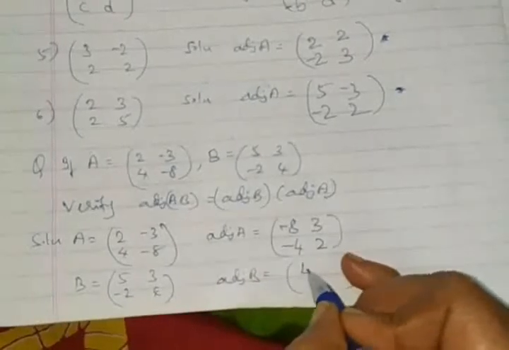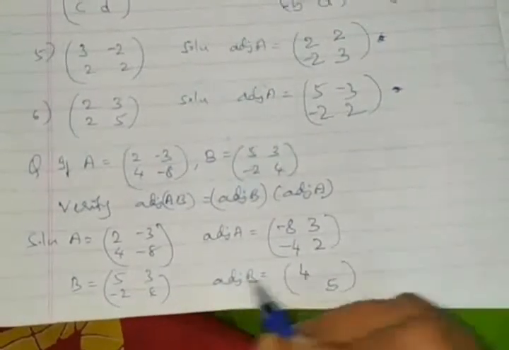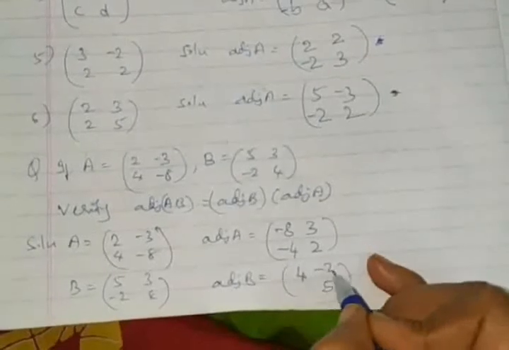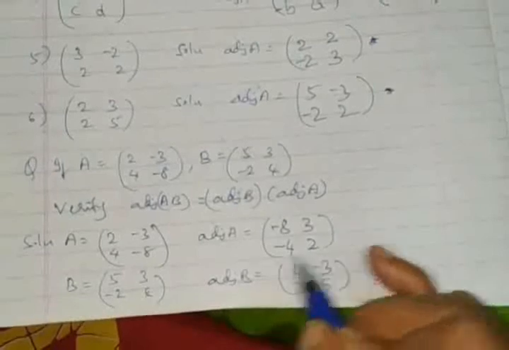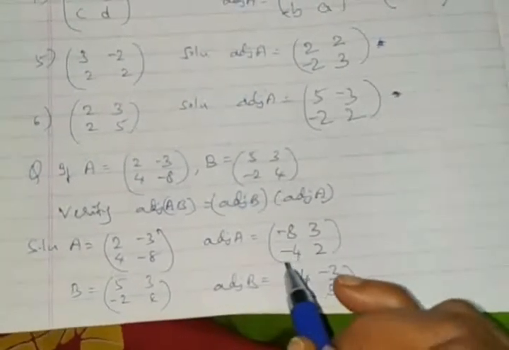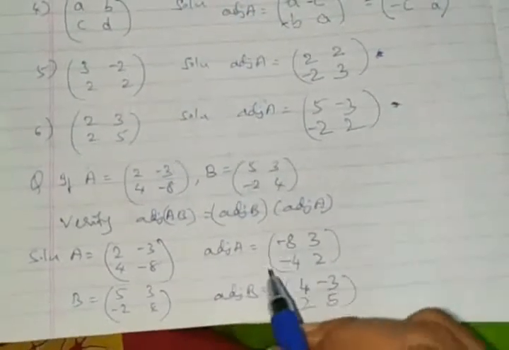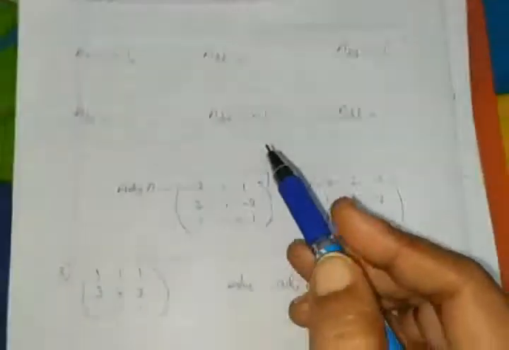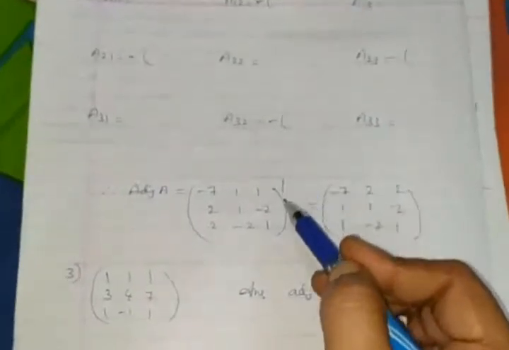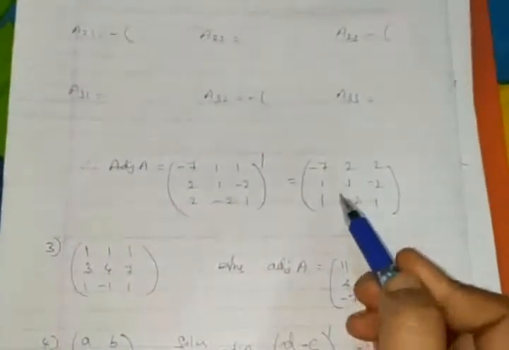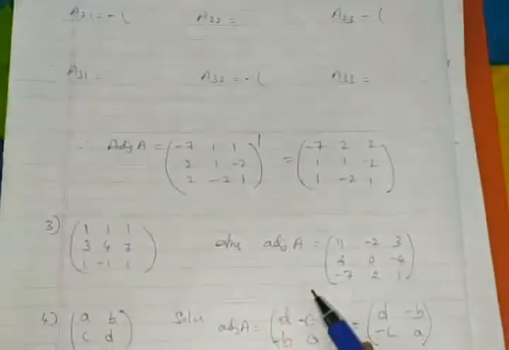For B, reverse the principal diagonal elements. This is 4, this is 5. Plus 3, sign change, minus 3. Minus 2, sign change, it is plus 2. This itself is the adjoint, only for 2 cross 2. For 3 cross 3 you have to perform the method which I already discussed. Prepare the chart, all the elements, minus sign, Sarrus rule, then list out as it is, take the transpose, and then come for this. This is the adjoint for 3 cross 3. Practice should and must. Got it?